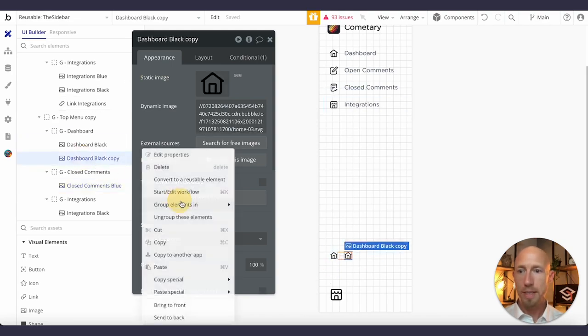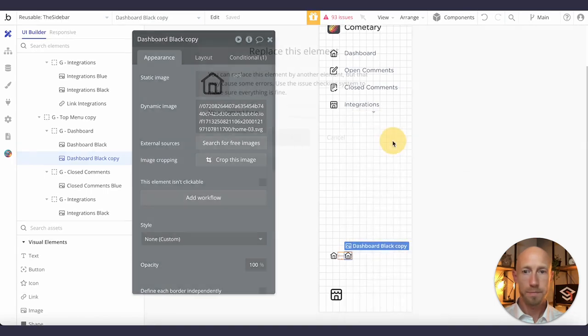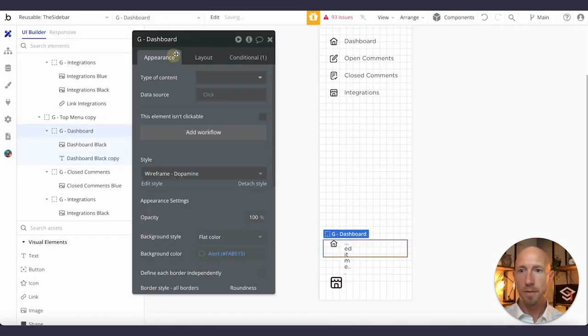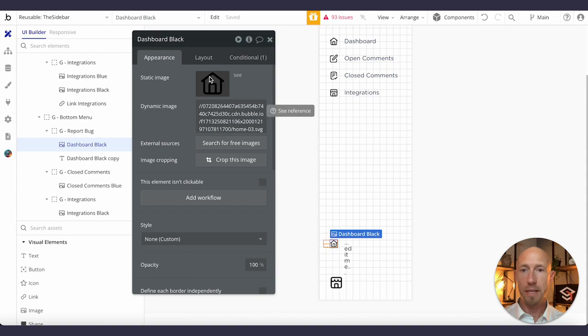So this will be text, let's go, this is group report bug. Let's also just clean this up quick. Bottom menu and group report bug. What I want to have here is I'm actually going to go with